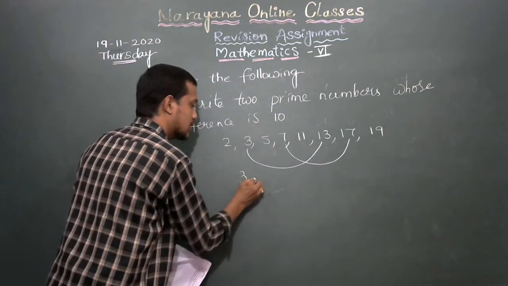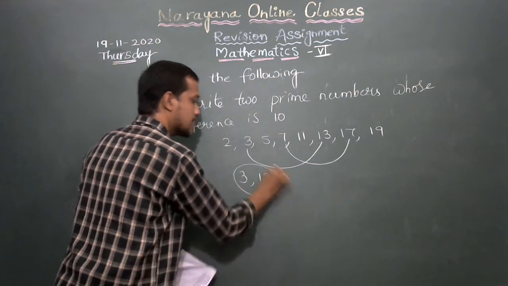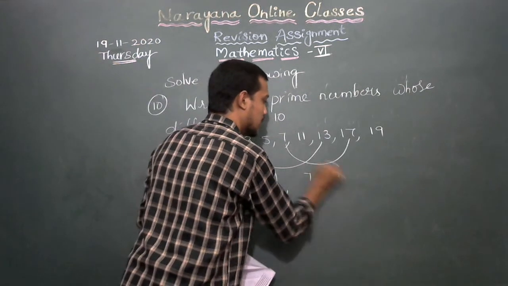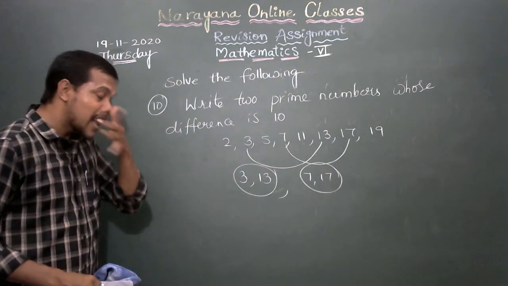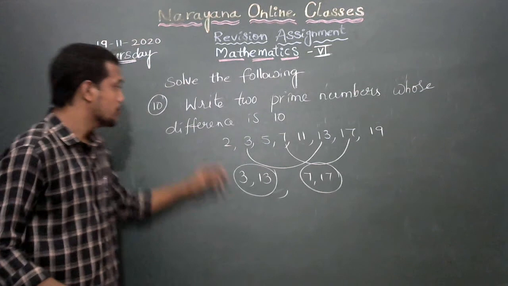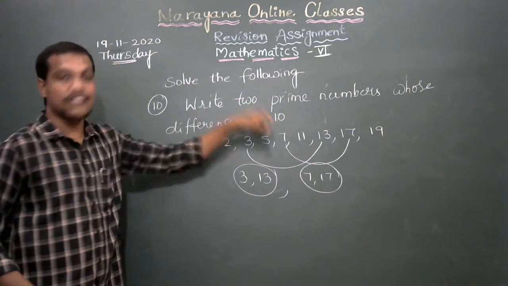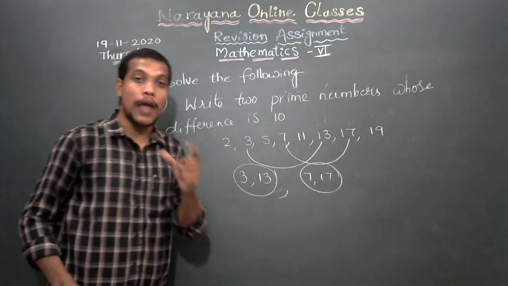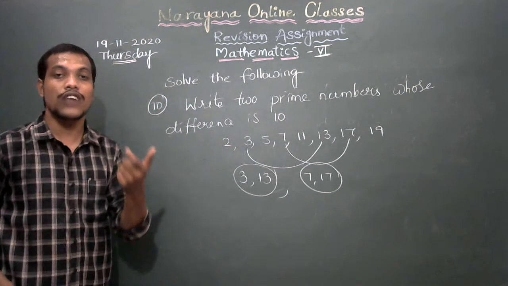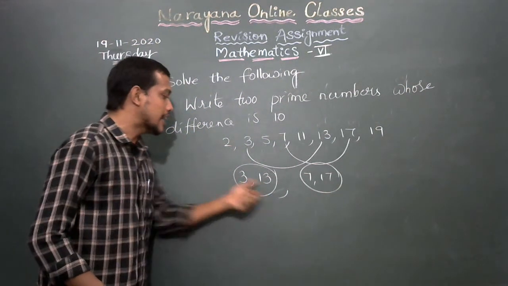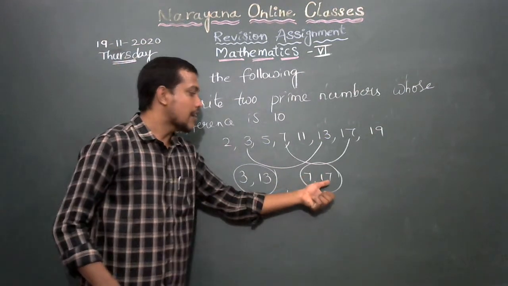So 3 comma 13, this is one pair. 7 comma 17, this is one pair. Why are we taking these 2 numbers? Because they are asking for 2 prime numbers whose difference is 10. So 13 minus 3 is 10, and 17 minus 7 is